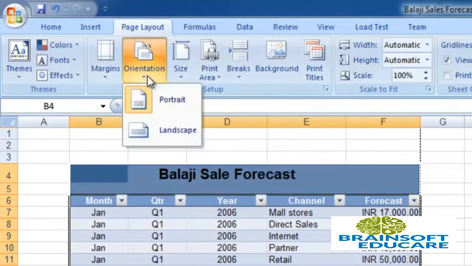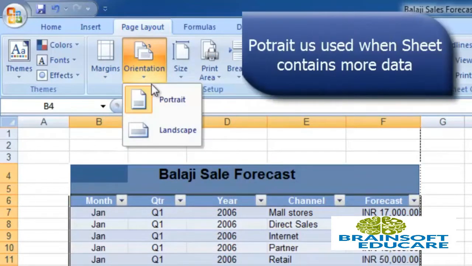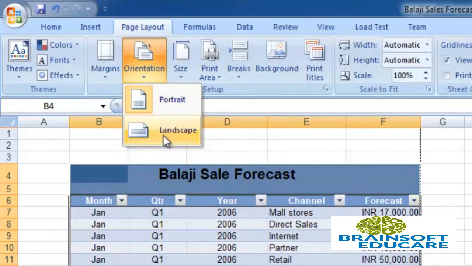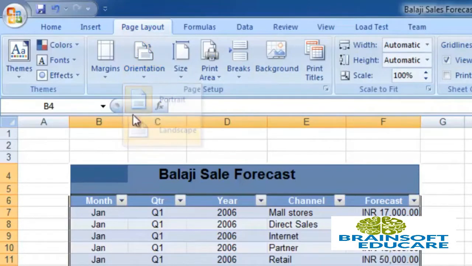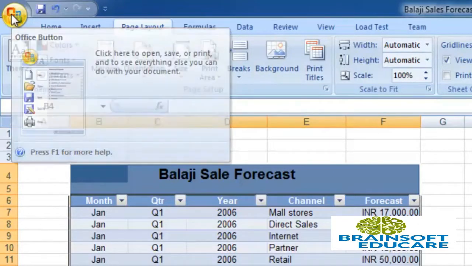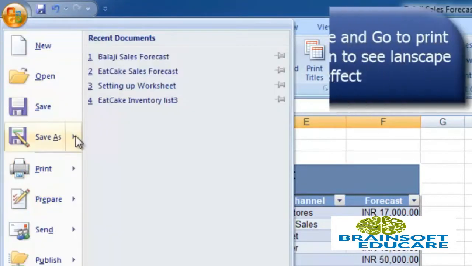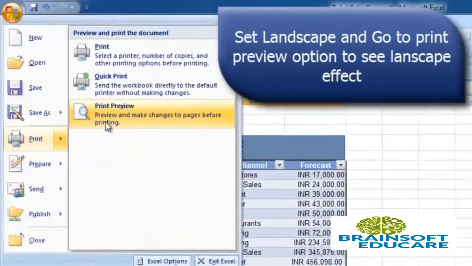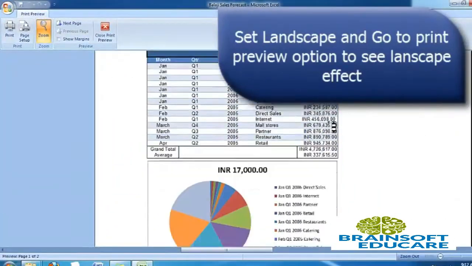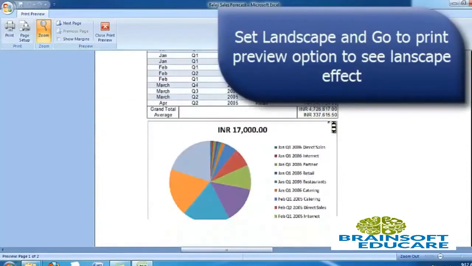Another option is Orientation. My sheet contains more data, not more columns, so I use Portrait. When there are so many columns, then we can use Landscape. Let's see our Landscape mode. Set Landscape mode and go to the Print option and Print Preview. So this is our Landscape mode,